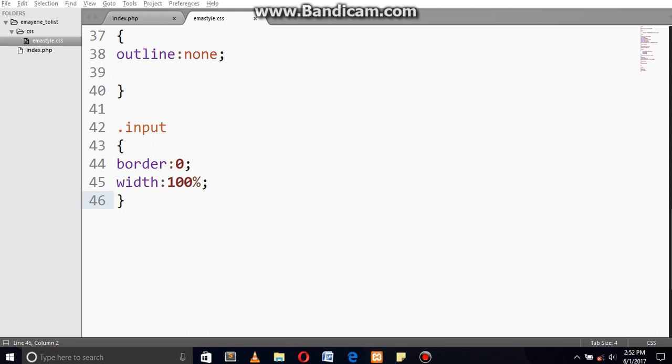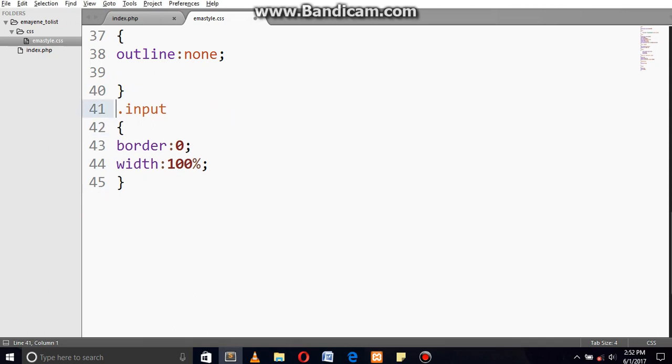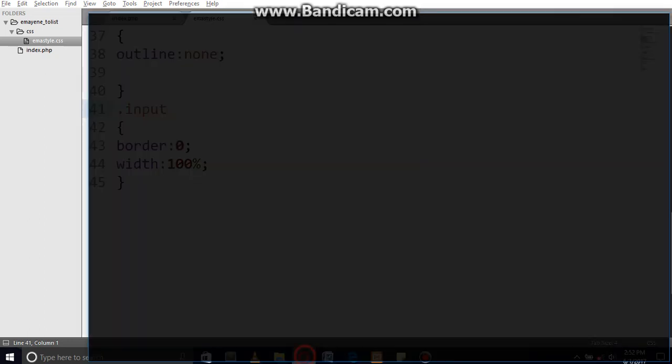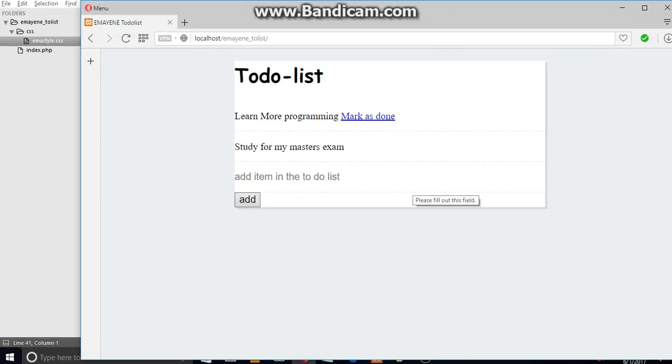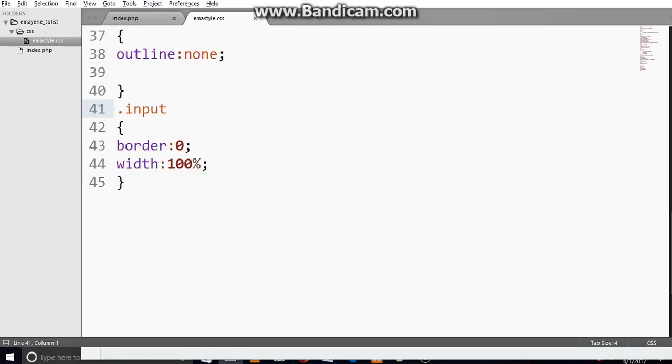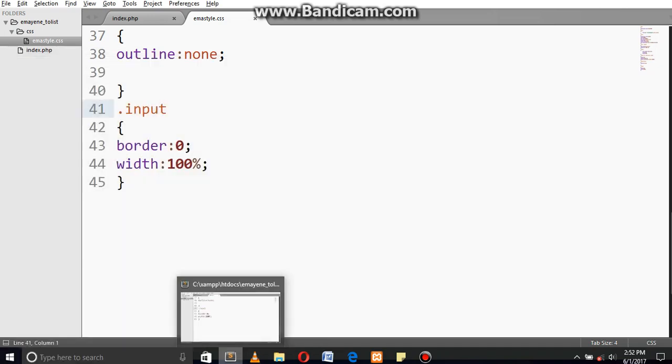I guess it's going to be the third tutorial on how to create a to-do list using the PHP programming language. So far we didn't make any type of PHP scripting, we are simply designing the style sheet, and after this tutorial I guess we are going to get our hands dirty using PHP. But so far this is what our layout looks like, and we have done all of these things. So let's come here and